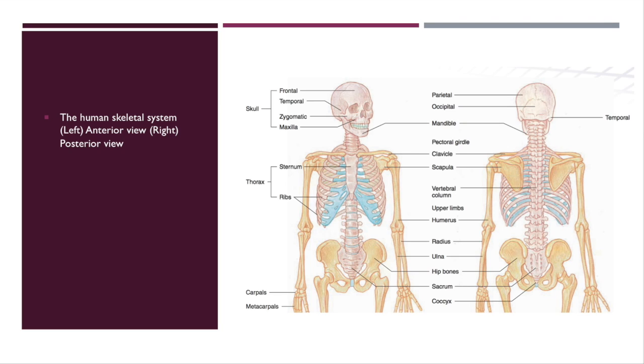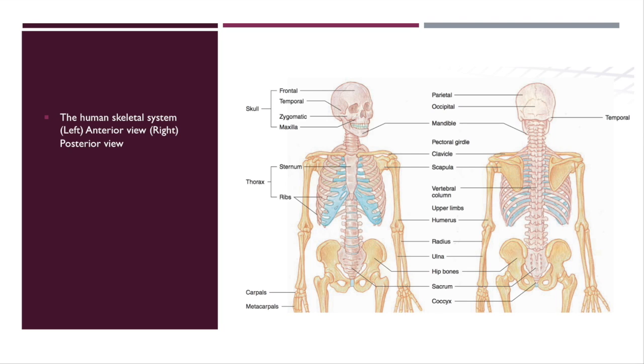At certain locations, air sinuses or cavities are present that connect with the nasal cavities. All of the individual bones of the cranium are united by immovable junction lines called sutures. The following picture shows a posterior and anterior view of the bones that will be discussed today: the skull, thorax,